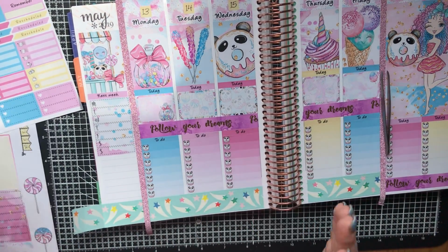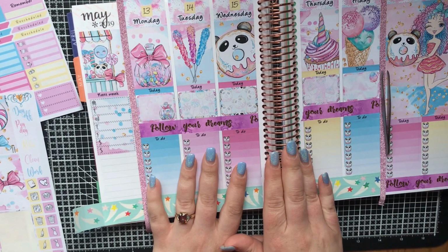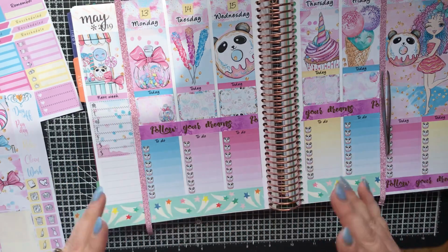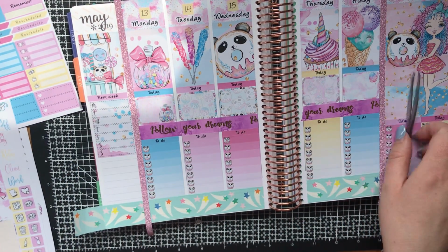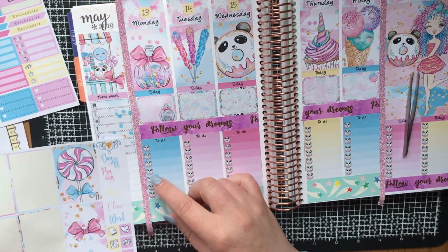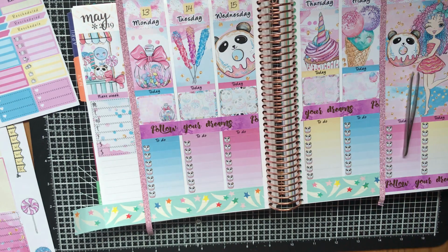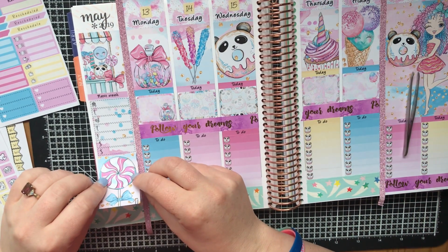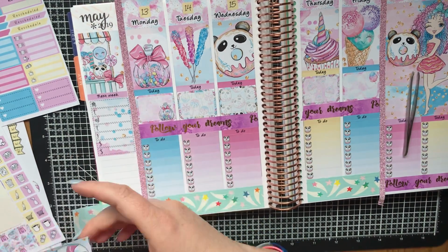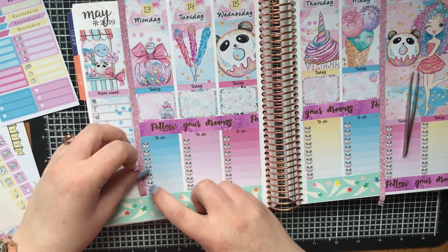So there'll still be an Erin Condren every week, and there'll still be a Happy Planner every week, but depending on what kit I want to use in each planner, I'll swap between Tuesdays and Thursdays. Fridays will still remain my mini Happy Planner day. And then I've got this gap here, which is enough room for another full box. And then yeah, right. So now I've decided that I want to take that washi all the way to the bottom